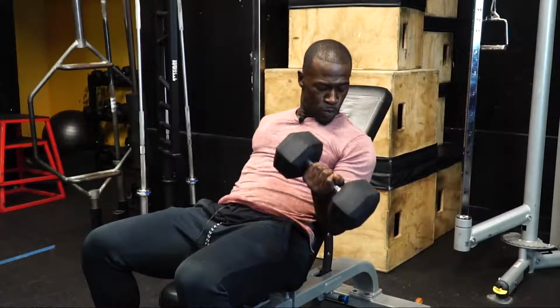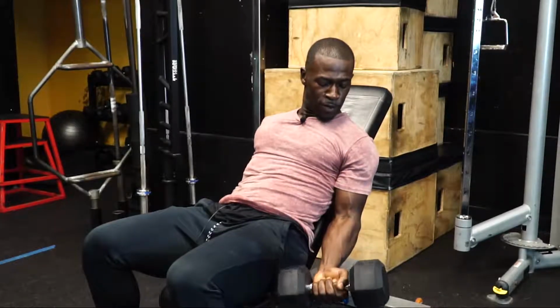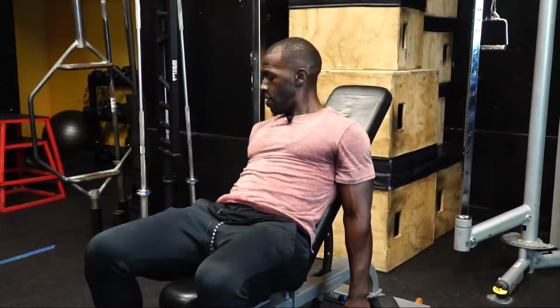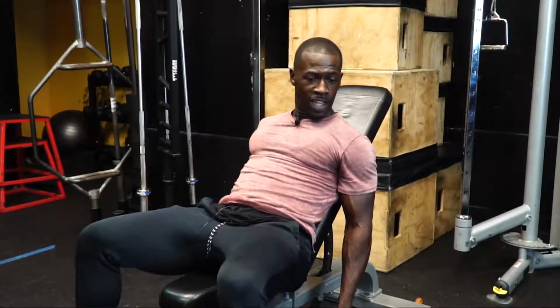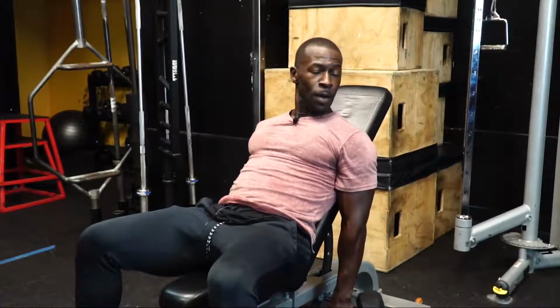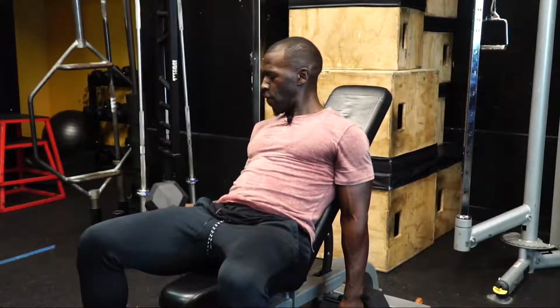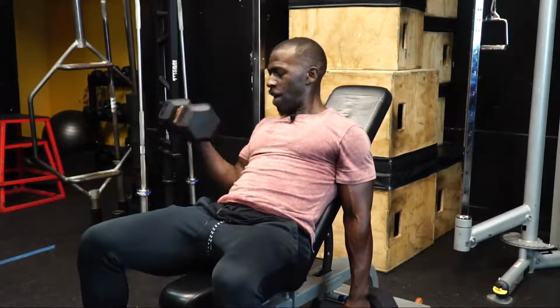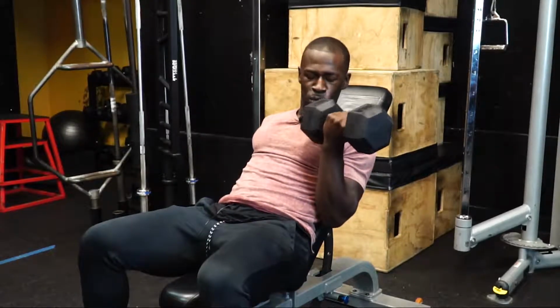Again, you start here at neutral, slowly bring the weight up, squeeze it at the top, and then you slowly return back from supination to neutral on each arm. Now, depending on how you feel and your style, you can go ahead and do both arms at the same time, curl and supinate them, or I personally prefer to do one arm just so I can focus a little more on each contraction. I feel like if I do two arms, I start focusing on both and I get a little less